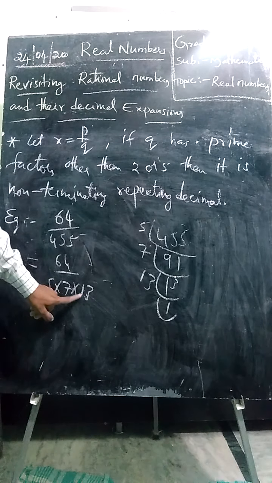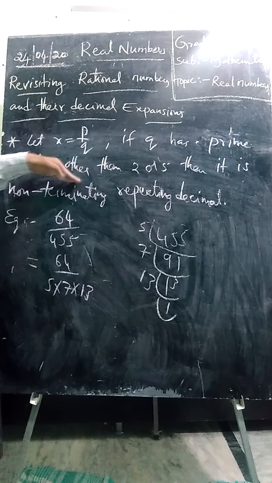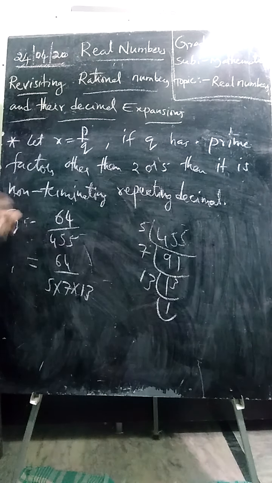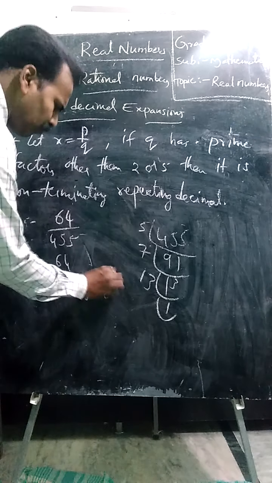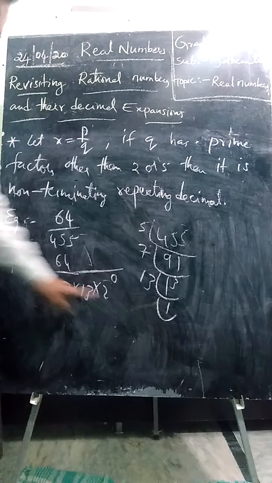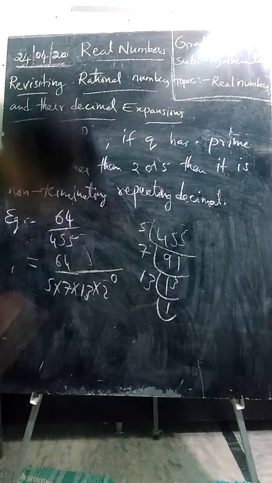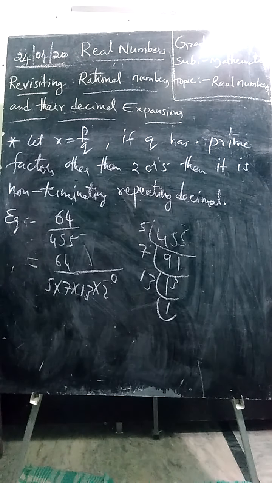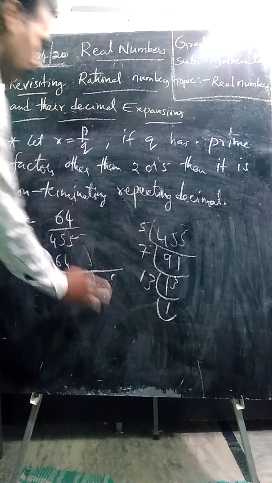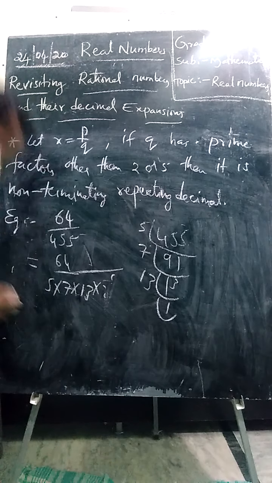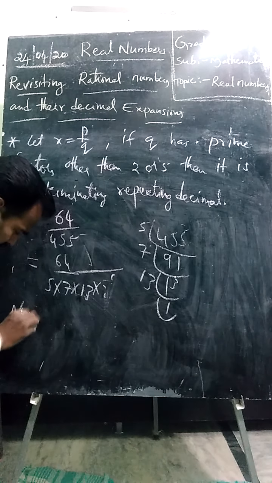As we discussed, students, if the denominator contains factors other than 2 or 5... 2 is there, 5 is there. Of course, 2 may be there, meaning we can write 2 power 0, nothing wrong. But other than 2 or 5, if one more factor is there, if it contains at least one, it is a non-terminating repeating decimal. Of course, it is a rational number, but it is